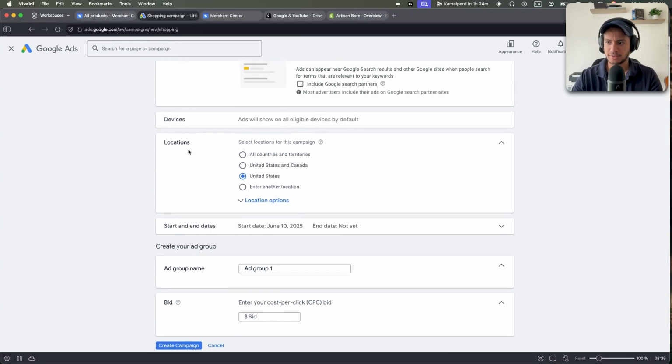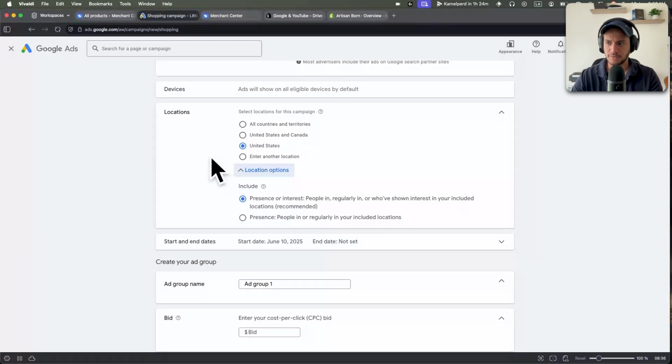It's going to be everything by default. Then the next thing is you're going to select the location, which is going to be based on wherever your account is based. In this case, it's United States. And then this is a very interesting option that most people forget, which is